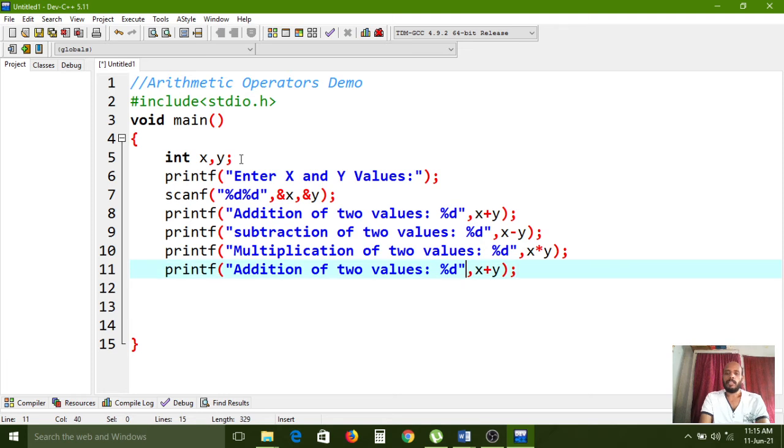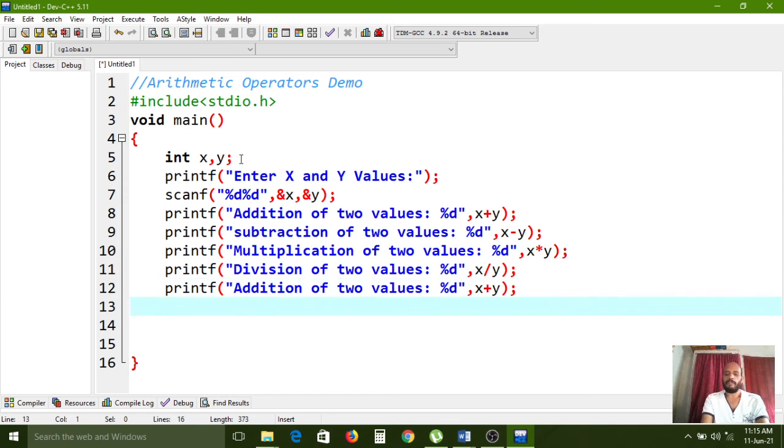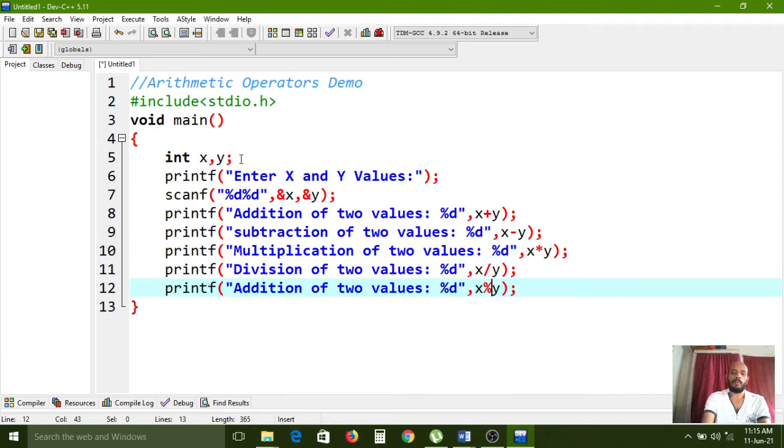Here I am using the slash symbol because the division operation is going on. Next, again one more printf function, and instead of the plus operator, I am giving the modulo operator. Here the remainder it will return.